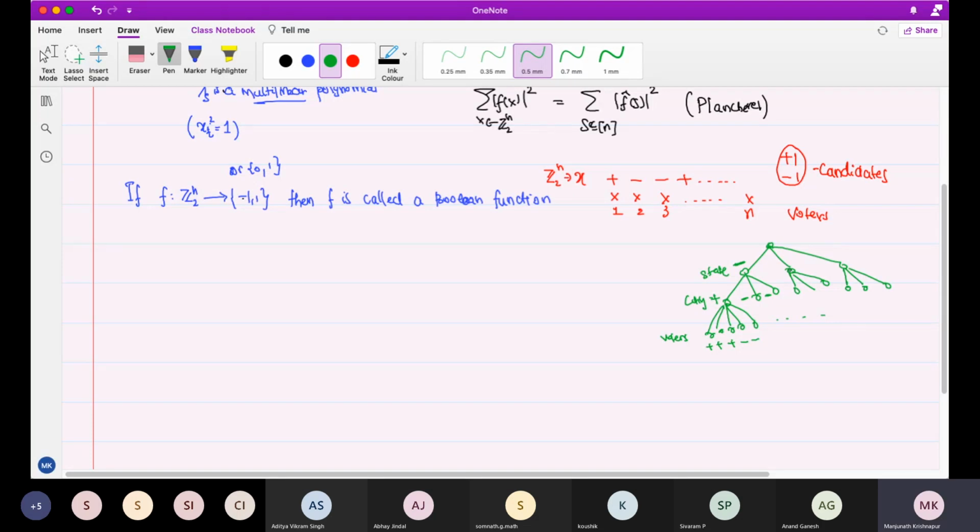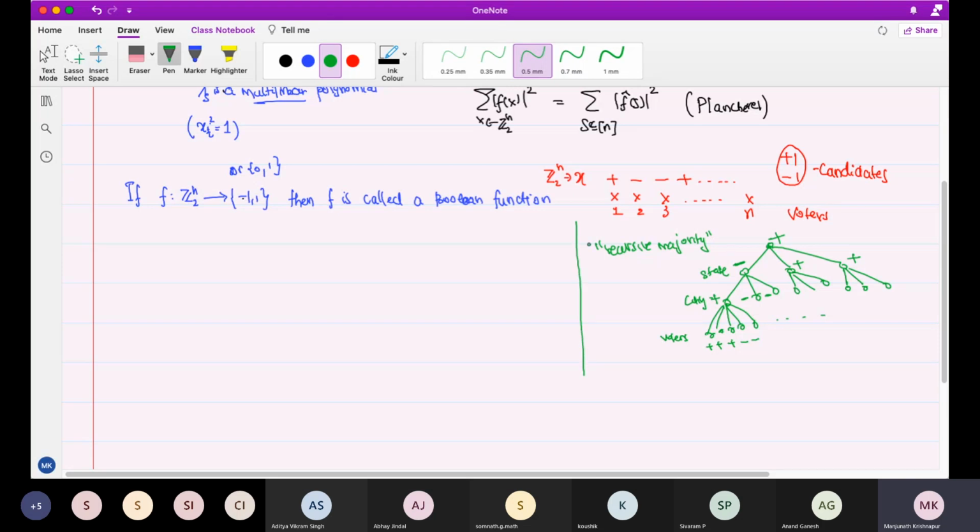Okay, and similarly for each state we arrive at the decision. Maybe this state votes plus, this state votes plus. Now to decide the overall who wins, you take the majority in the states. In this case, it turns out to be plus. So this is called a recursive majority. It is an interesting and realistic type of thing one might want to analyze in this voting